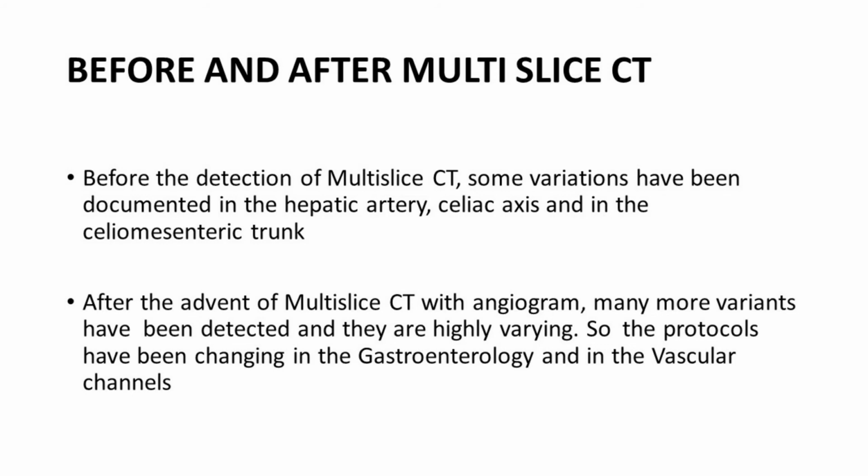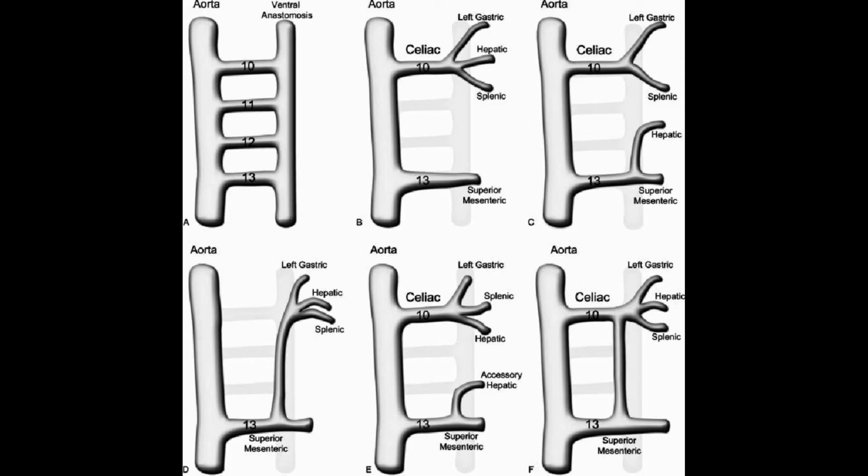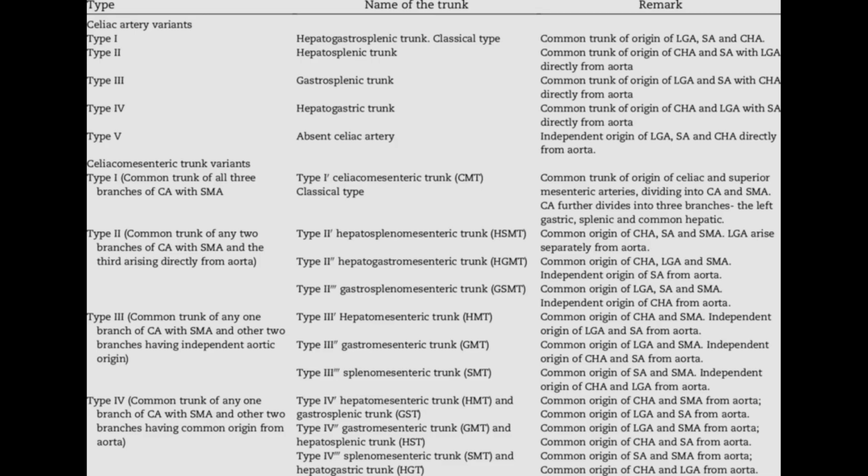This information on imaging may be crucial to the surgeon preoperatively in major upper abdominal surgery such as Whipple's procedure. It might also be important information about the hepatic artery variants that could be very useful preoperatively, the more common surgery being cholecystectomy. It is very easy to diagnose the celiomesenteric trunk on any imaging, but not easy to diagnose the variants in the smaller hepatic artery and its branches.